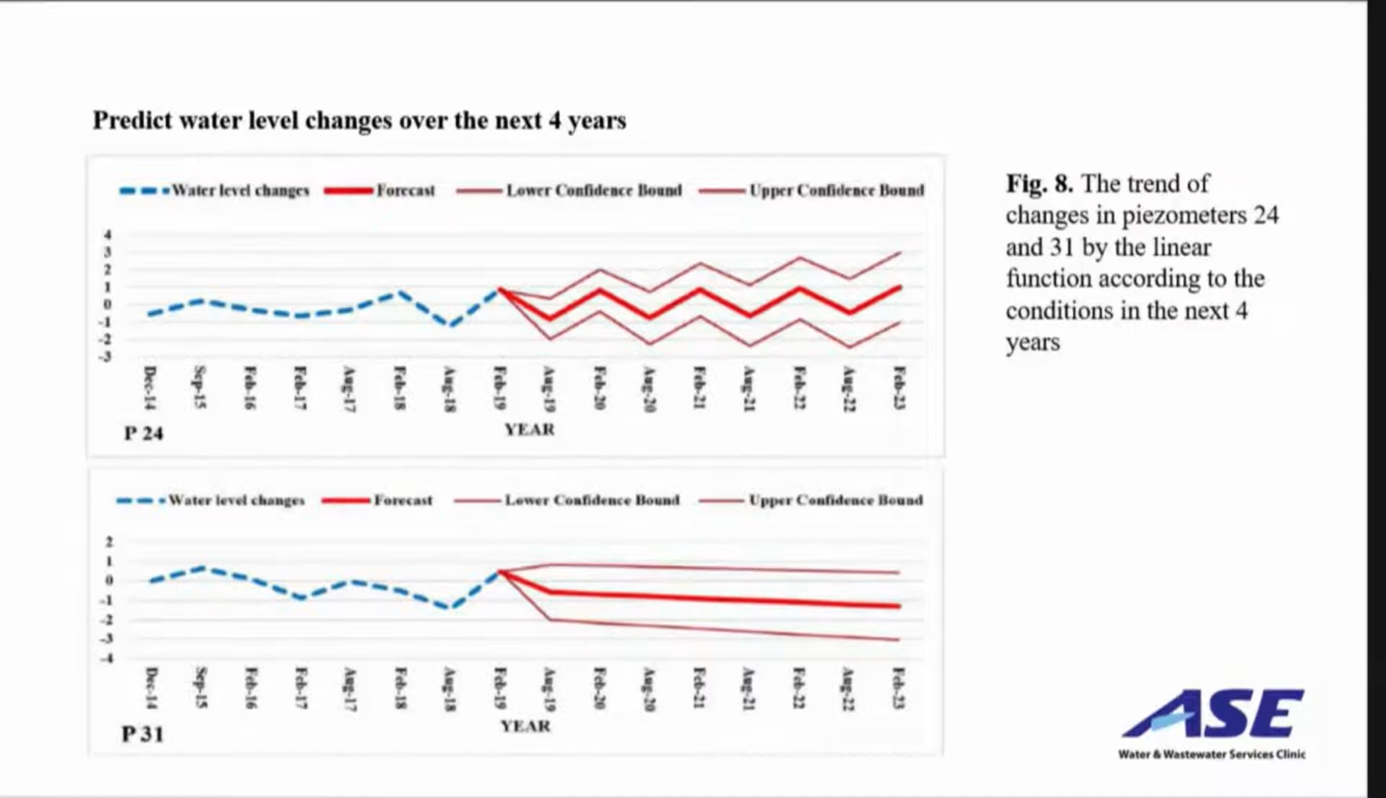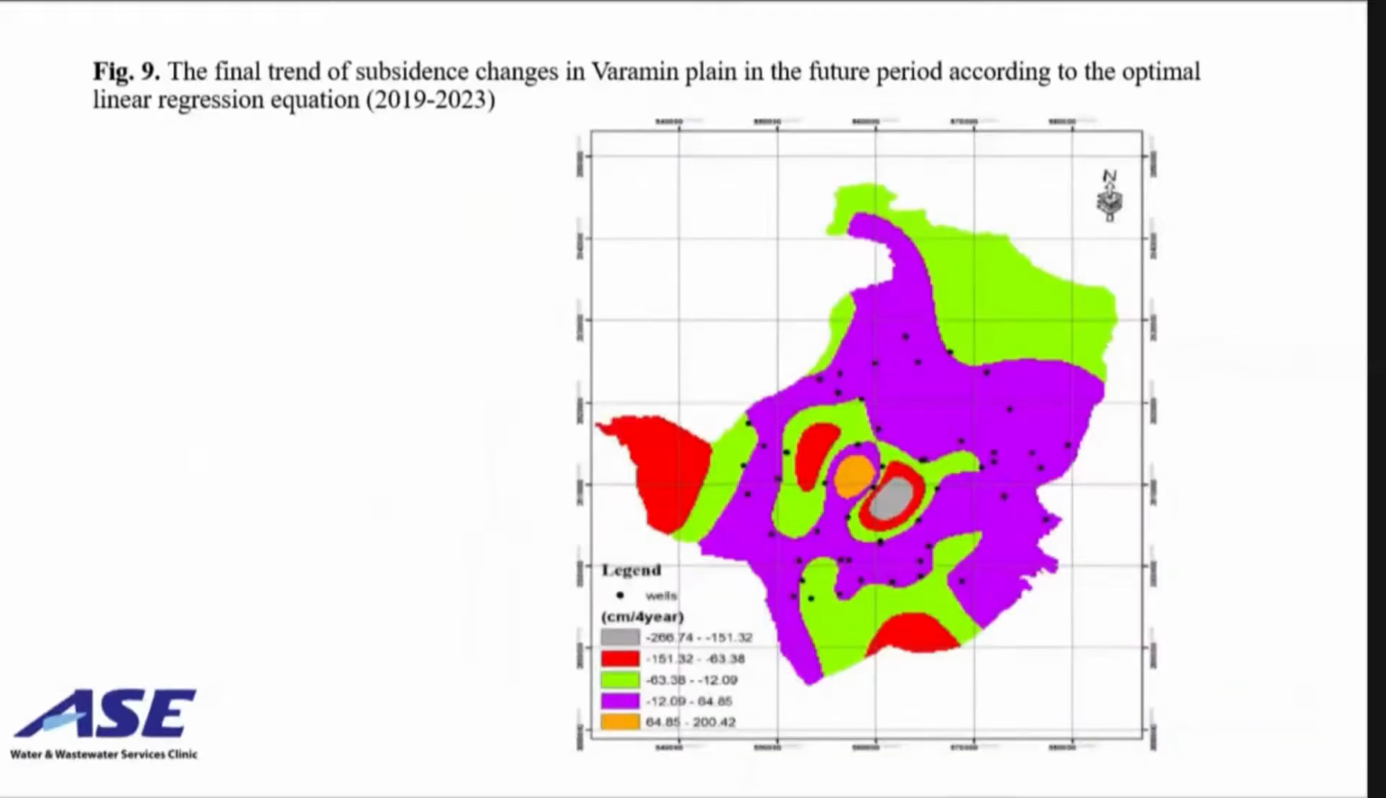Okay, in this picture you can see the predicted water level change over the next 4 years. After the blue lines, you can see these are our predictions, and the trend of the change in piezometrics shows that the linear function according to the condition is very similar to results which we gained, and it can show us our predictions. And in next slide, which is figure number 9, the final trend of subsidence change in